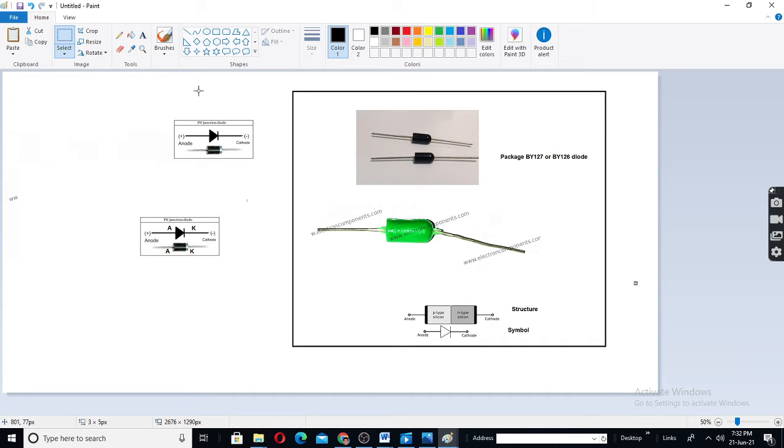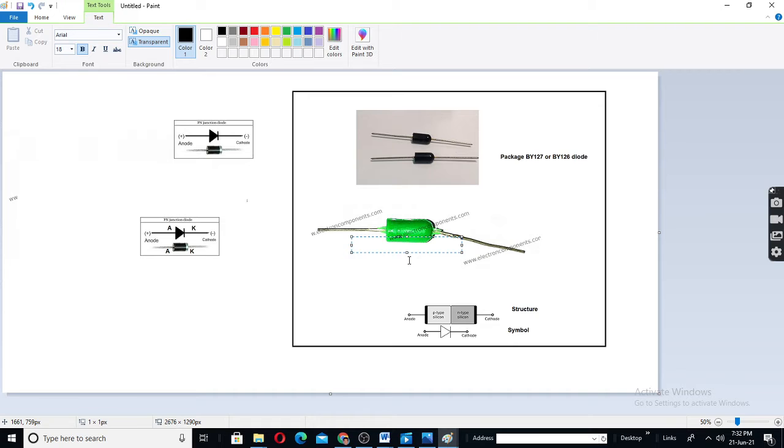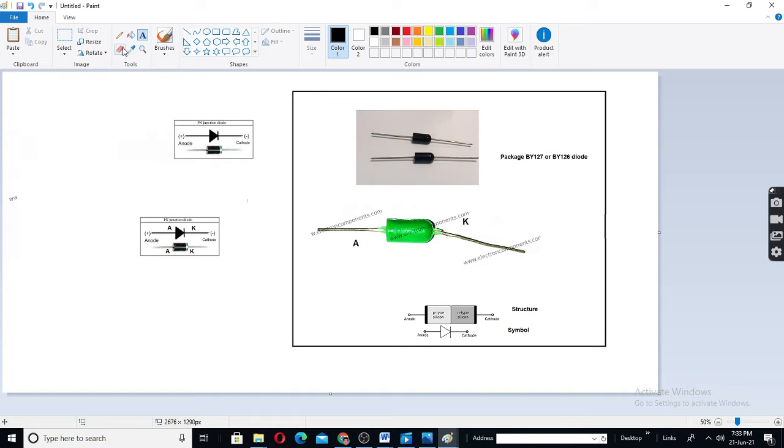Now in this figure, this is anode. In this package, this is anode. Okay, and this is cathode. Let us erase this. Here the terminal is shown as bent.